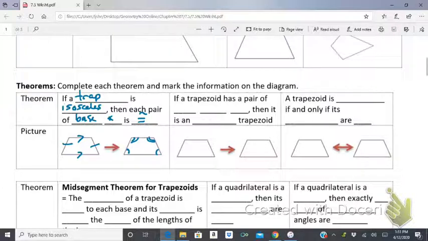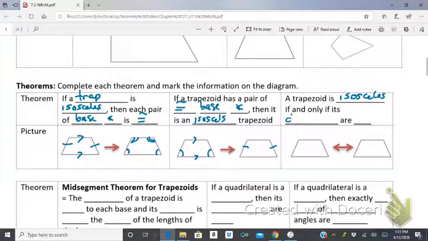The next one. If a trapezoid has a pair of congruent base angles, then it is an isosceles trapezoid. That's pretty much the exact same thing. If I know that these two angles are the same, then I know right now that those two sides are going to be the same. Okay? I also have to know this is a trapezoid, so those have to be parallel. Okay? And then finally, a trapezoid is isosceles